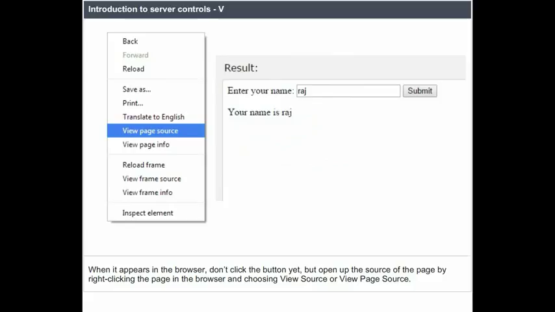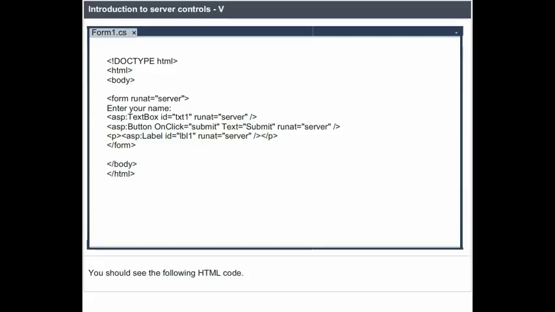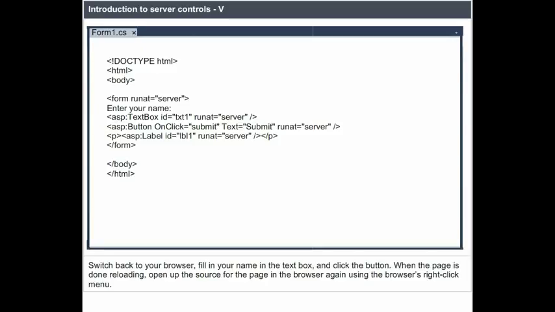When it appears in the browser, don't click the button yet, but open up the source of the page by right-clicking the page in the browser and choosing View Source or View Page Source. You should see the following HTML code. Switch back to your browser, fill in your name in the text box, and click the button. When the page is done reloading, open up the source for the page in the browser again, using the browser's